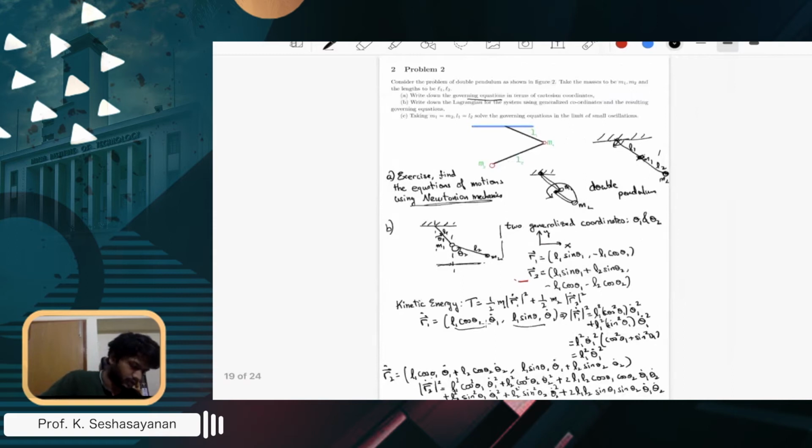So I'll take it over to the next page. So you get r2 dot square, nothing but,